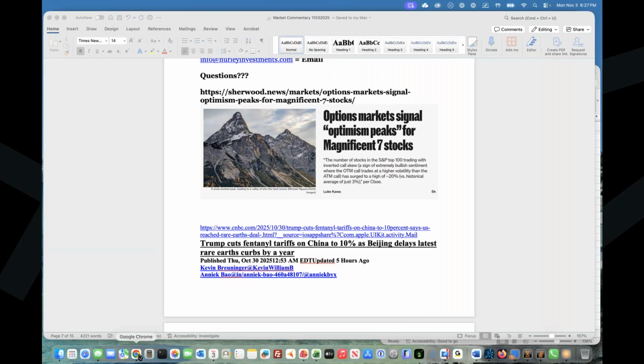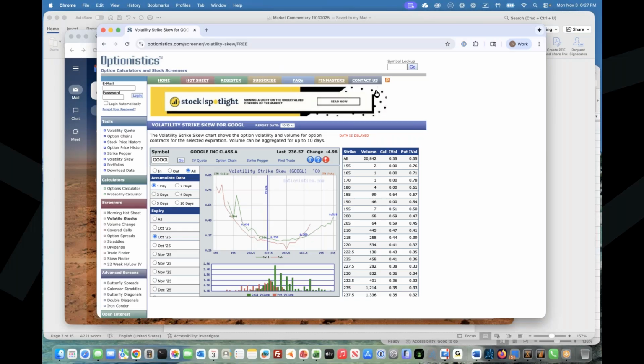volatility skew, and if you're looking for things for sentiment, right? And option data is sentiment. People are telling you, I think stock's going to go up. It's going to go up by this much. It's going to do it in this amount of time. And so you can get a lot of information from that about what people's sentiment is and what you're looking at in volatility skew. So a normal skew,